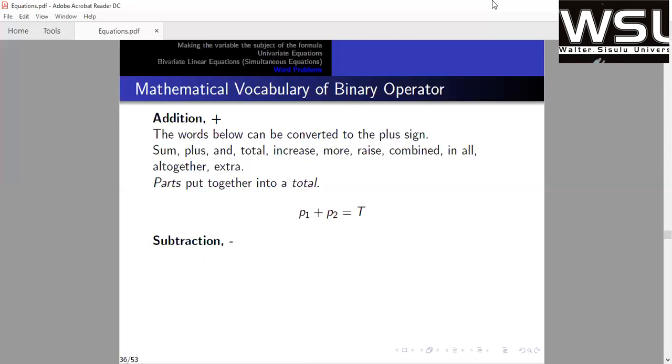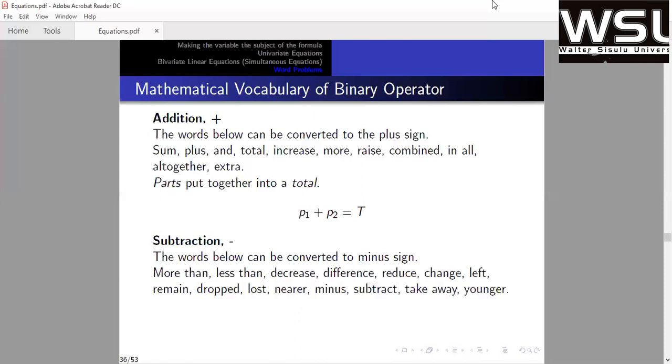We need to know the words that are likely to be used. They are present, past, and future forms if we're talking about verbs, or nouns and their synonyms if we're talking about words. So if we're talking about nouns, the words that could be converted are: more than, less than, decrease, difference, reduce, change, left, remain, dropped, lost, near, minus, subtract, take away, younger, older, and